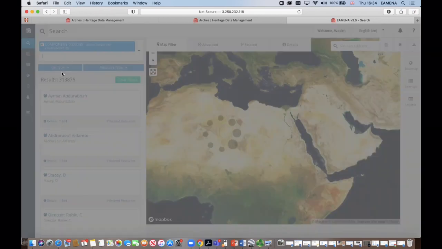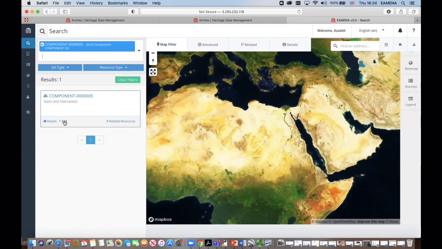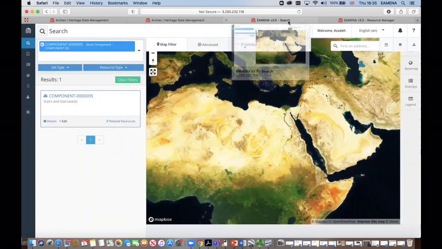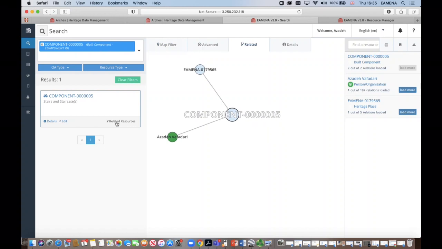So when I click on that, I can directly click on edit here to go to the record and start to add my detailed condition assessment from within this build component record. But before doing that, I want to show you that if I click here on related resources of my component, I can see that this component